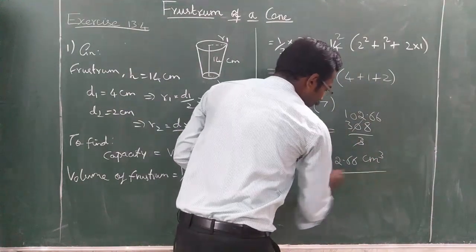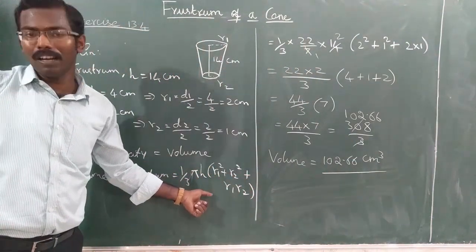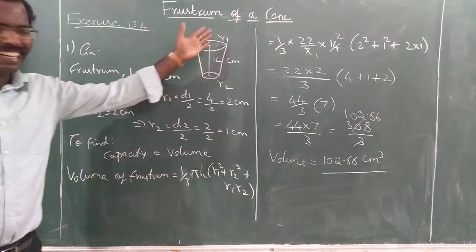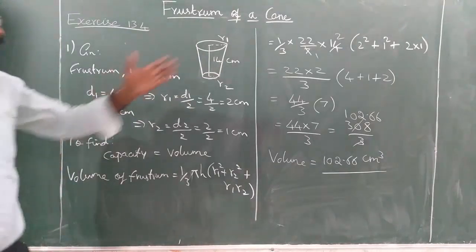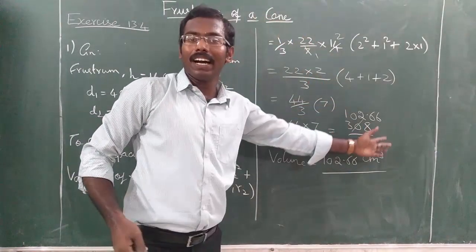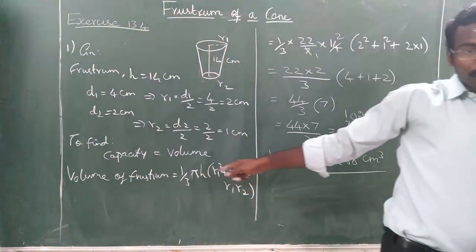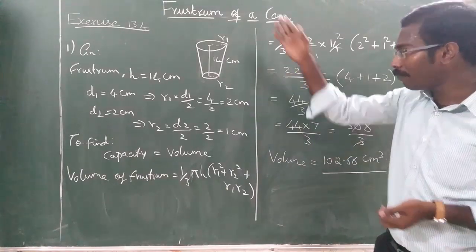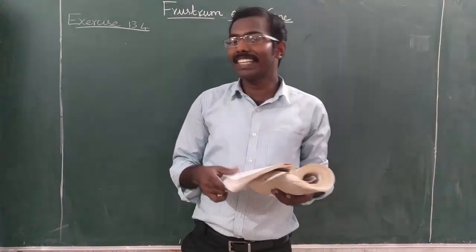Very easy, isn't it? So directly we know the formula. Only studying the formula matters. So write the given data. Everything is directly given. You can draw the rough diagram also. And we found the volume as 102.66. Don't forget to write the unit, centimeter cube. It's easy, isn't it? So please copy it down. We'll do the next. Now let us look at the second sum.